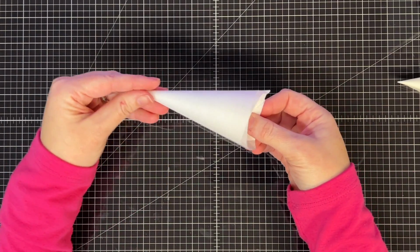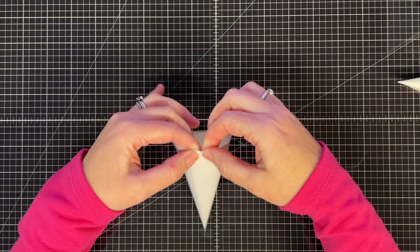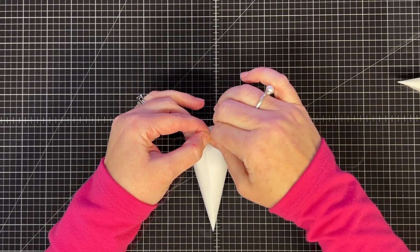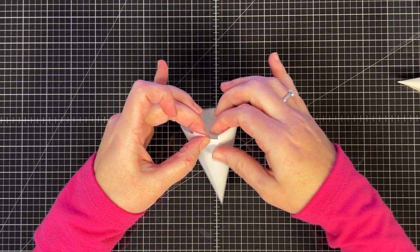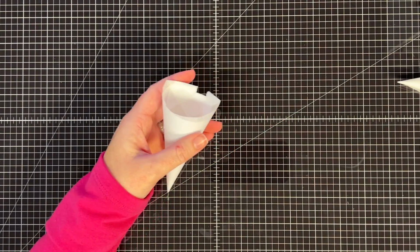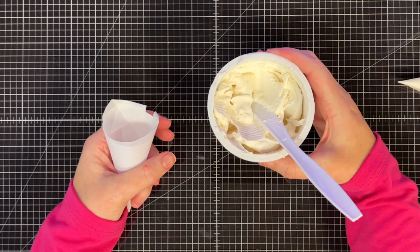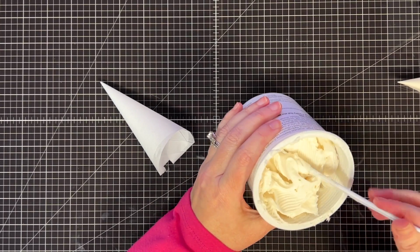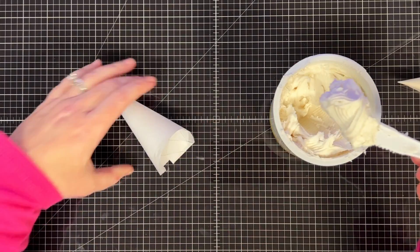Once you get that folded in, they did the old-fashioned, I guess, I don't know if it's old-fashioned, we used to do in school, where if you didn't have a stapler, you tore the little edge and folded it over to just kind of help hold it in place. Then once you have that, we're going to be using this Wilton decorating icing. You can just get some. They don't need a whole lot of icing to glue all their goodies together or onto their marshmallows. So just pick you up some,